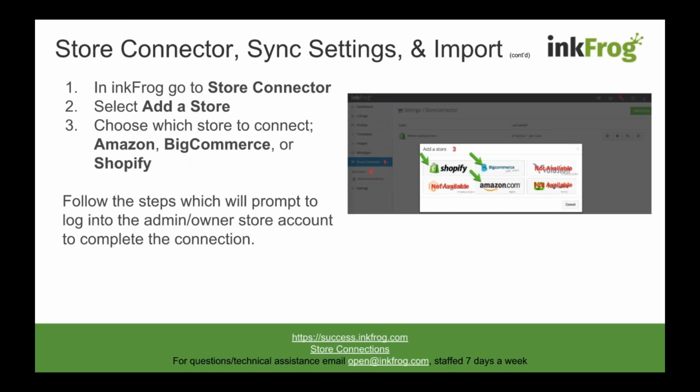So to add a store within the store connector here in inkFrog, you'll go to Store Connector, select Add a Store, and you'll choose which store you want to connect, either an Amazon, BigCommerce, or Shopify. Once you click the option that you want, there'll be prompts for you to enter your store information, and then it'll also prompt you to log into the admin owner account for that particular store. And then once that's completed,